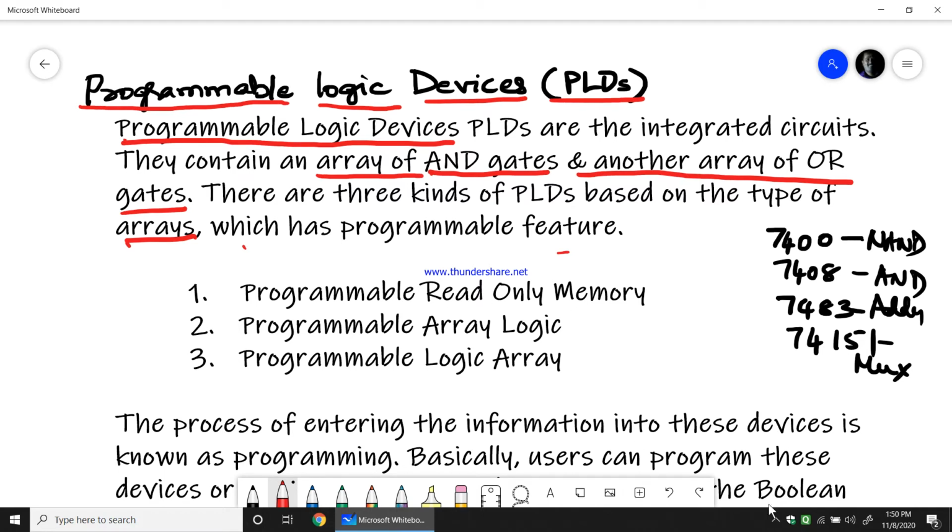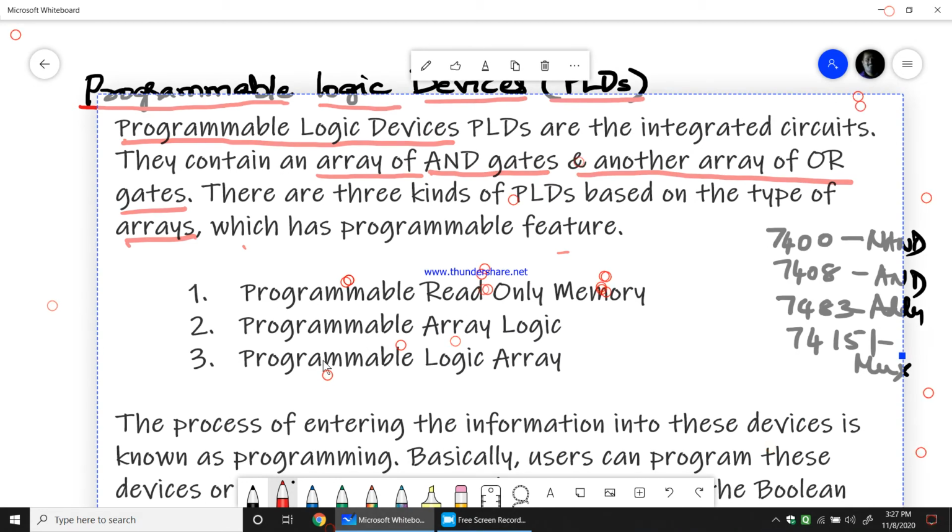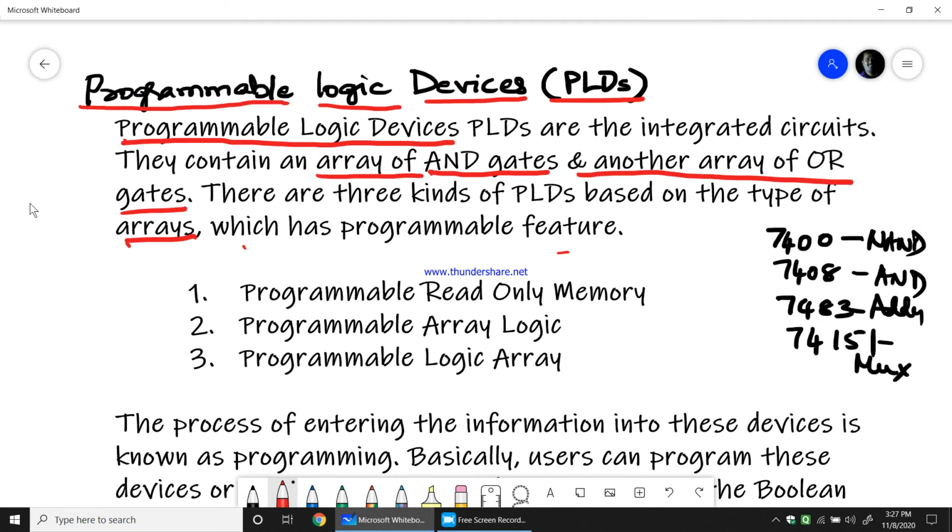Based on this, as we know, there are three kinds of PLDs based on the type of arrays.